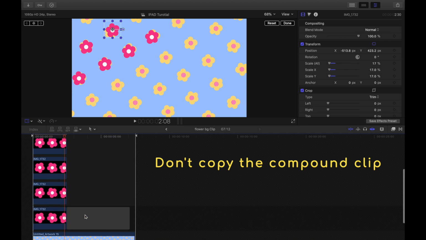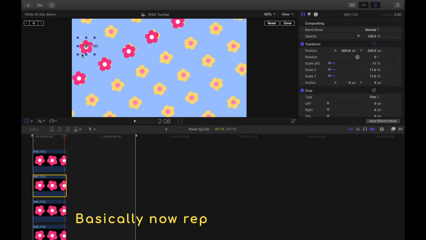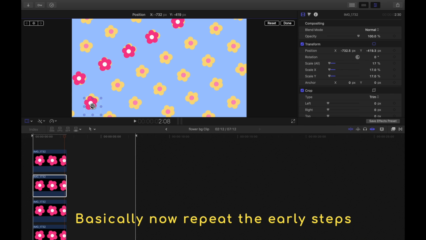Like I said, copy the first 6 original ones prior to making it a compound clip, and just repeat the same steps. Except this time you're gonna arrange it in a different